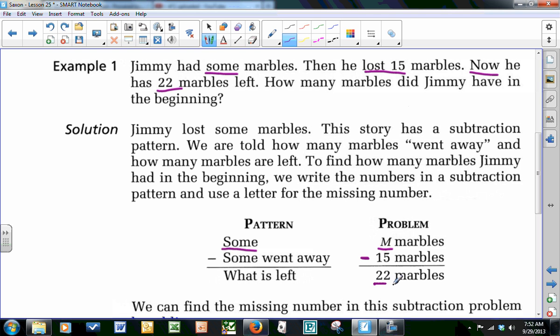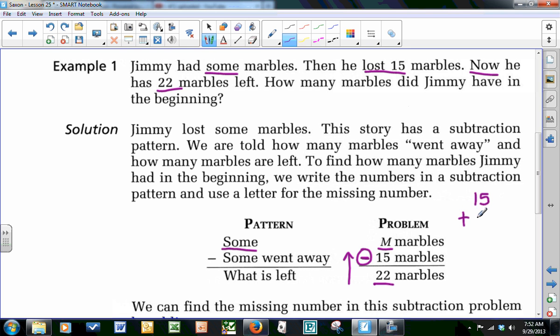That goes at the bottom. So this is actually, if you remember from the previous lesson, a missing number in subtraction problem. So remember, if it's subtraction and the variable's on top, then you have to add up. So we would have to add 15